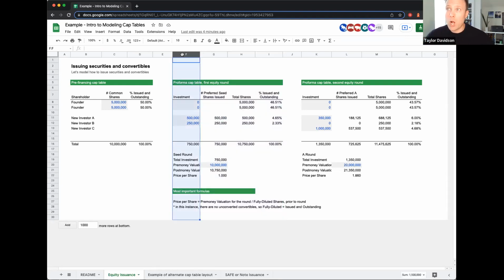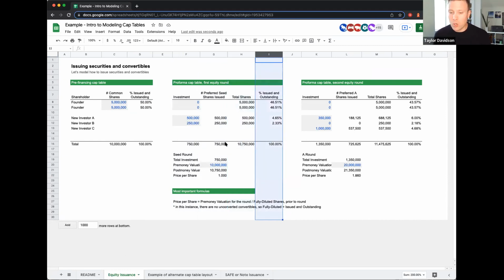So typically I'll lay out a column for the investment, the number of shares that are issued in this round, the total shares issued after the round, and usually a percentage ownership. The reason why I care about that is I want to see how much money came in the round, how many new shares were issued, what's the total ownership, and then what's my dilution, basically. And dilution is a term which I think people use all the time, but fail to understand the meaning of oftentimes. Dilution basically refers to the idea that